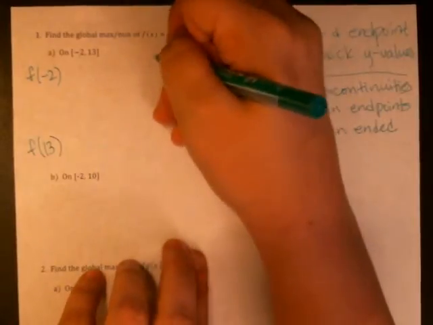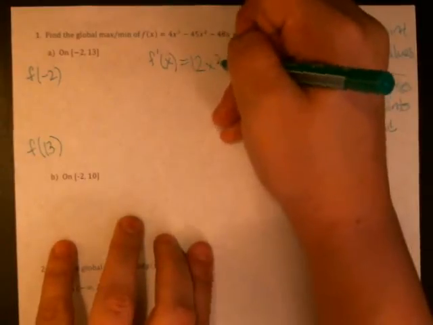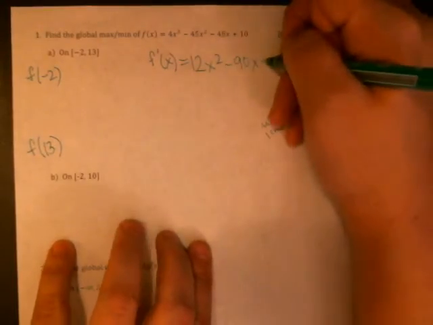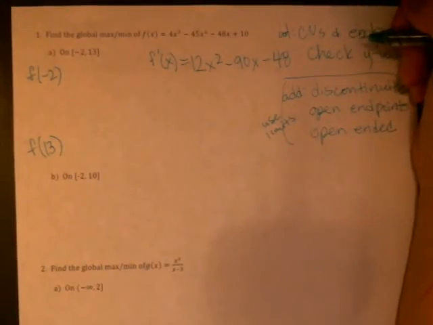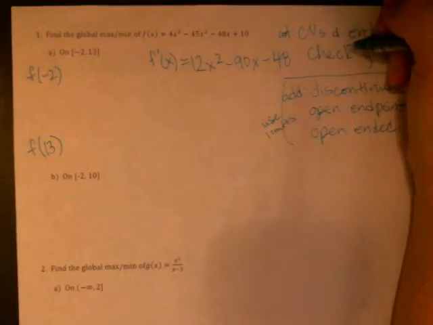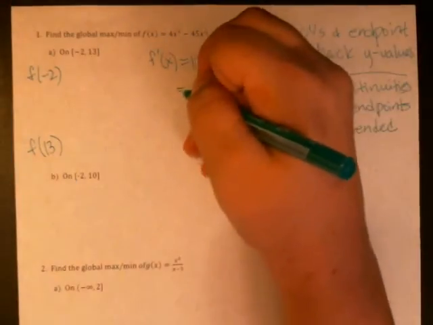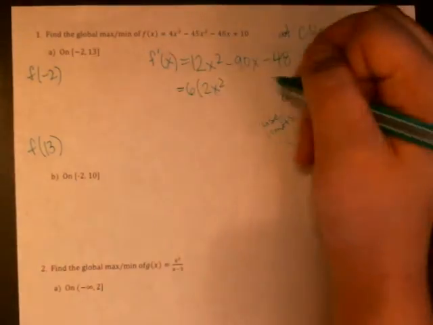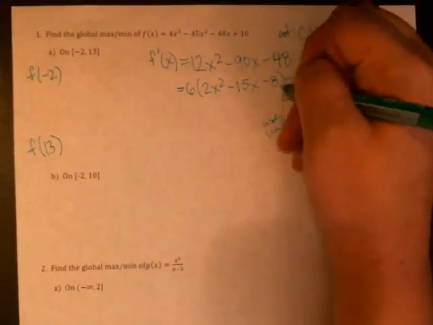So to find my critical values, I'm going to take f prime, which is 12x squared minus 90x minus 48. What can I divide out of that? For sure a 3. I take a 12 out of 90. 12 times 5 is 60. No, but I think I can get a 6. 6 times 15. Is that true? 90? Yeah, okay. So let's factor out a 6, and we get 2x squared minus 15x minus 8,